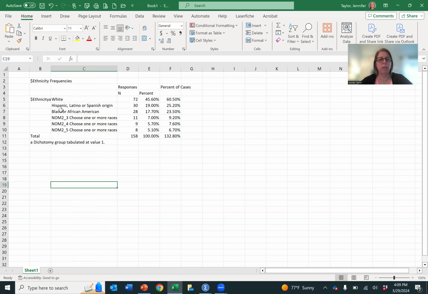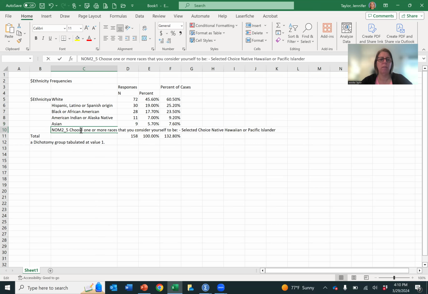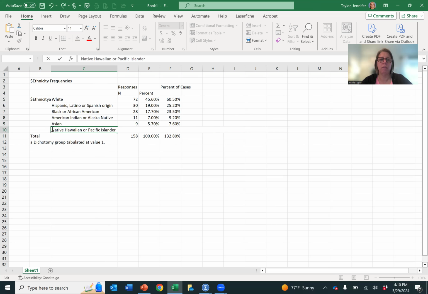And as you can see, we have our 3 ethnicities that have been cleaned up, but we still have 3 that have not. So if you double click on the cell, you can go into it. You can just delete and clean the last ones up. All right. And now that you have cleaned it up,